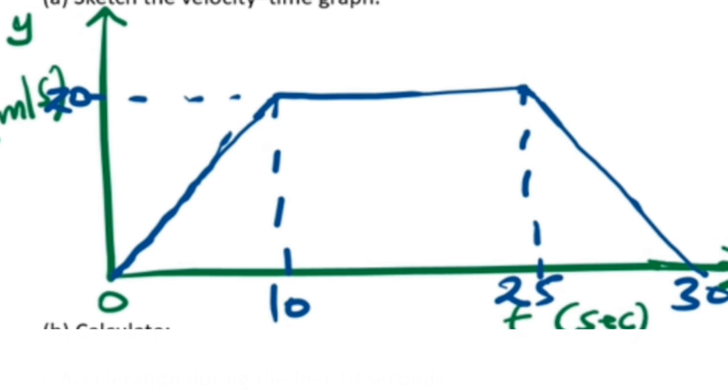Then we are told that it maintains its speed for the next 15 seconds. So from the time 10 seconds, you add 15 seconds to it, it takes you to 25. Meaning from that point, the speed 20 meters per second was maintained from the time 10 seconds up to 25 seconds. So we draw a straight line, a horizontal line between those periods,